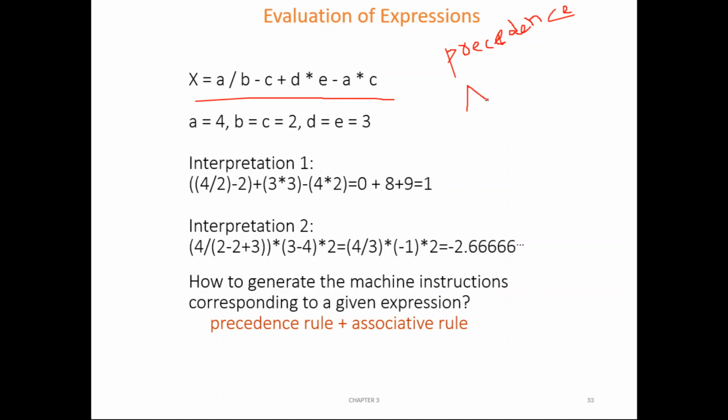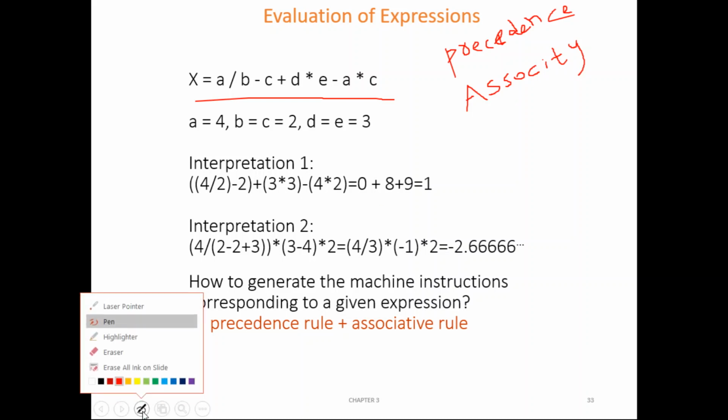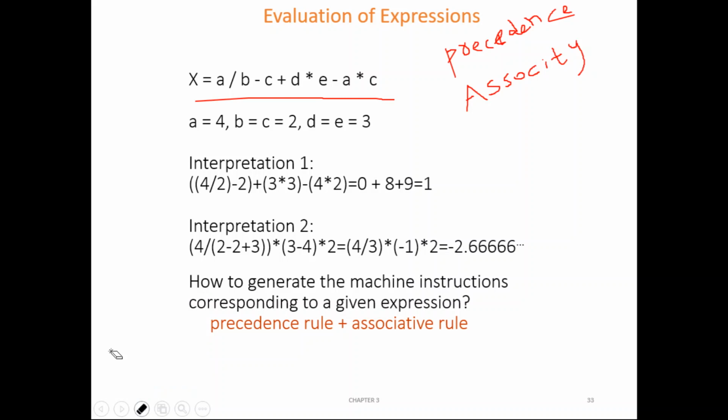Precedence is nothing but priority. That is, which operation has higher priority over which operation. Generally, multiplication has higher priority over addition and subtraction. That is called precedence or priority.